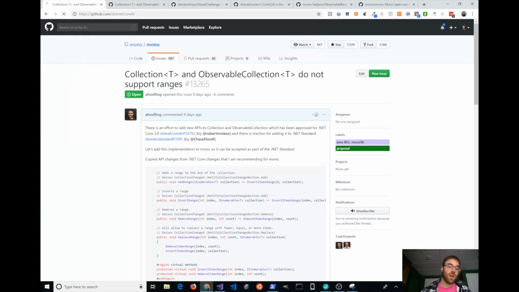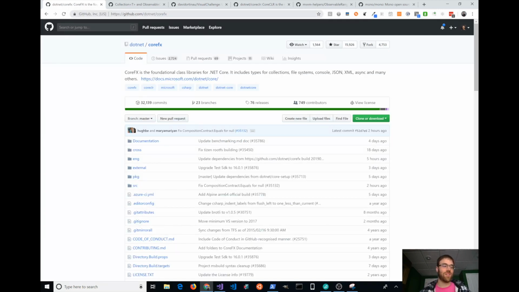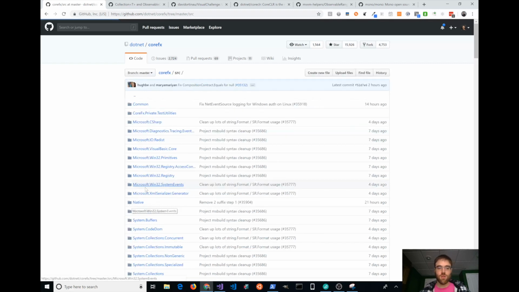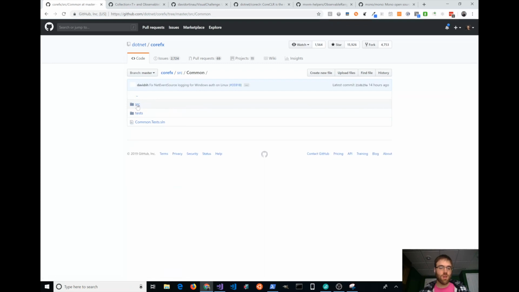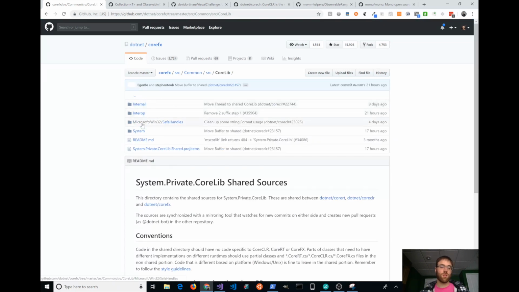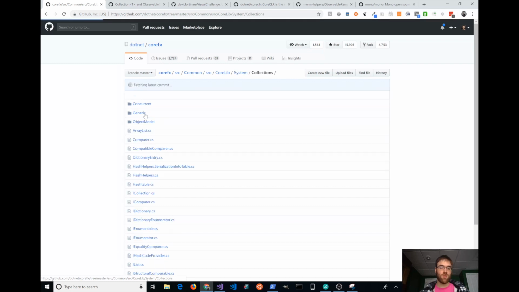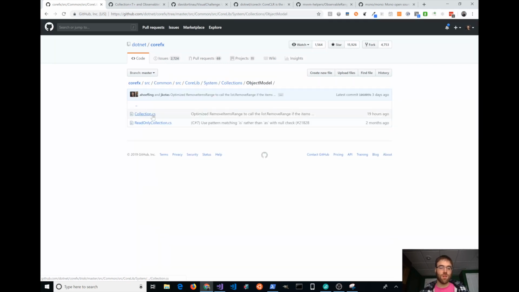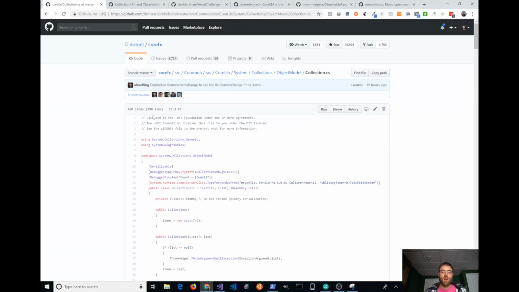we'll go back there. This one I can actually show you where the code is on GitHub. I know where it is. And if we go to source, common, go to source again, core lib, now we go to system, collections, object model. So here's our collection code,